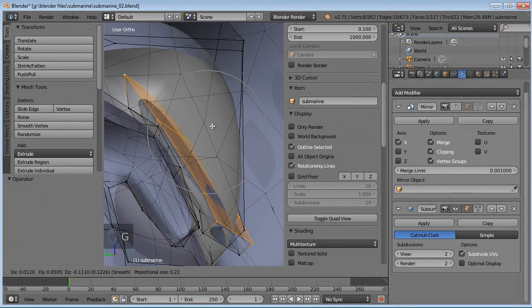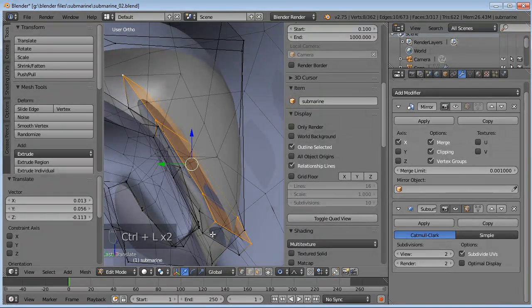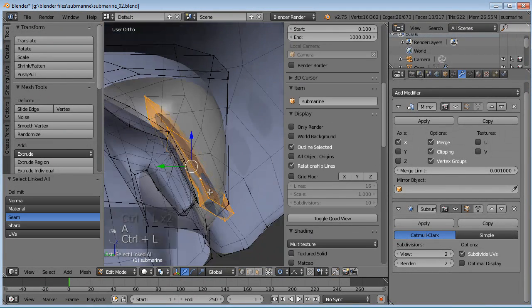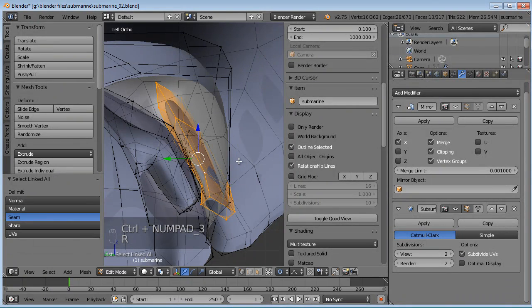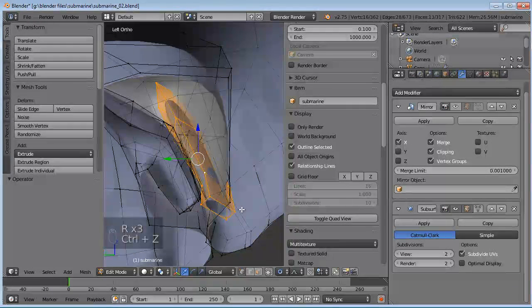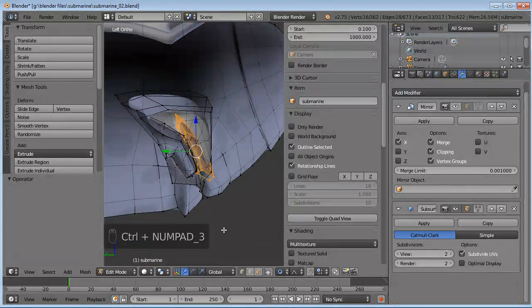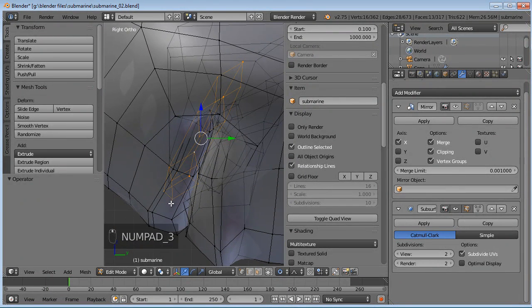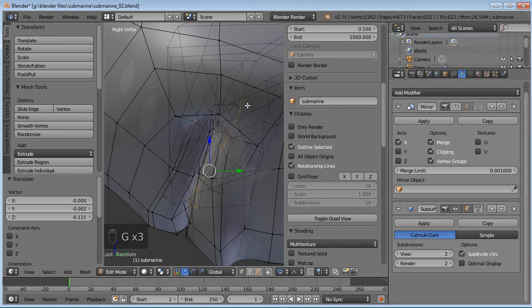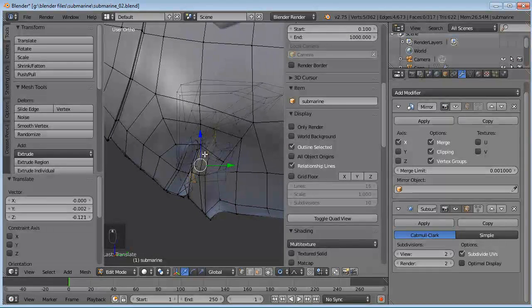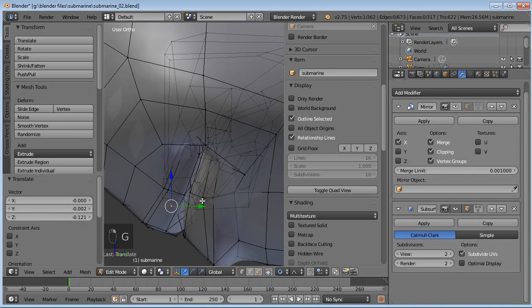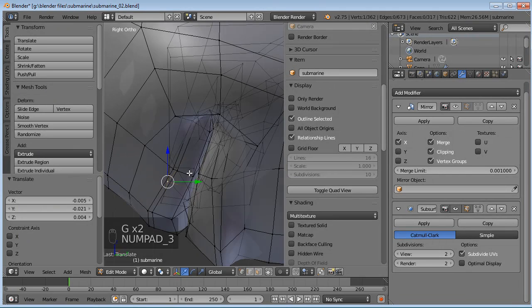Let's move those down. Maybe Control L. Select one, Control L. There we go. Back to our side view. Let's rotate that to where they're actually going to be. It's kind of a weird angle that his face is at here. Let's go to our side view here so I can actually see the lips. And let's deselect the top row of vertices on those. Oops. There we go. And let's drag those down until they're kind of facing. Also, turn that proportional editing off. Sometimes it's a pain in the neck. Doesn't always do the way you want it to.